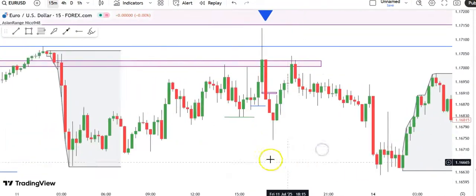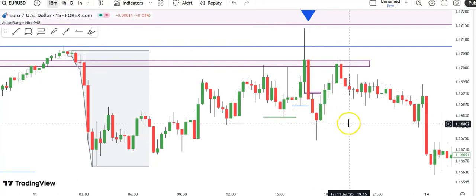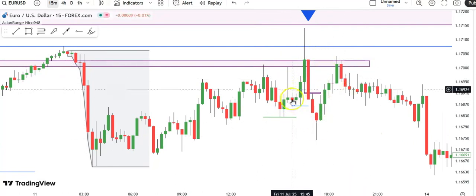If I zoom in, you can see price broke this short-term low. After liquidity was taken, price pushed to the downside, and we had a nice confirmed bearish setup here. But one thing you need to be really careful of, if you want to avoid low probability setups, is when you are trading the 15 minute short-term short setups here,